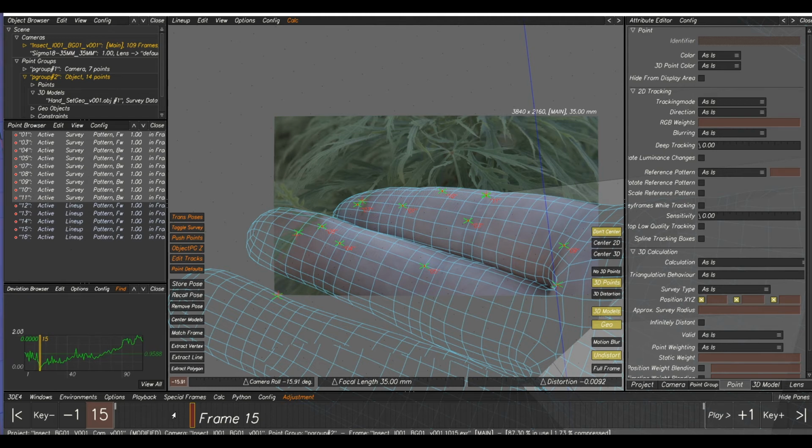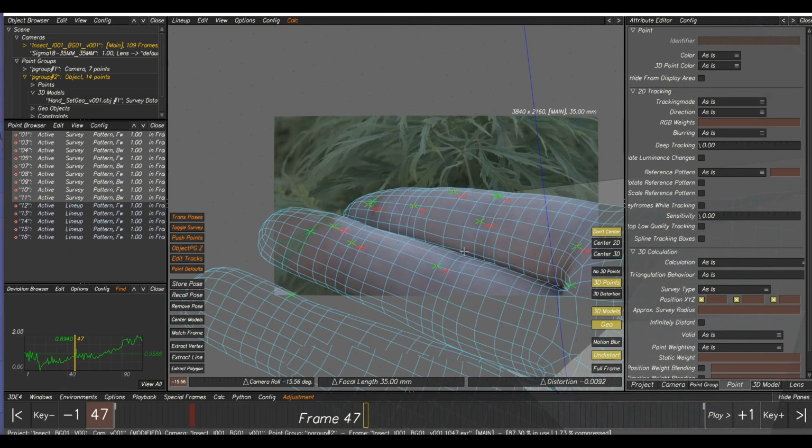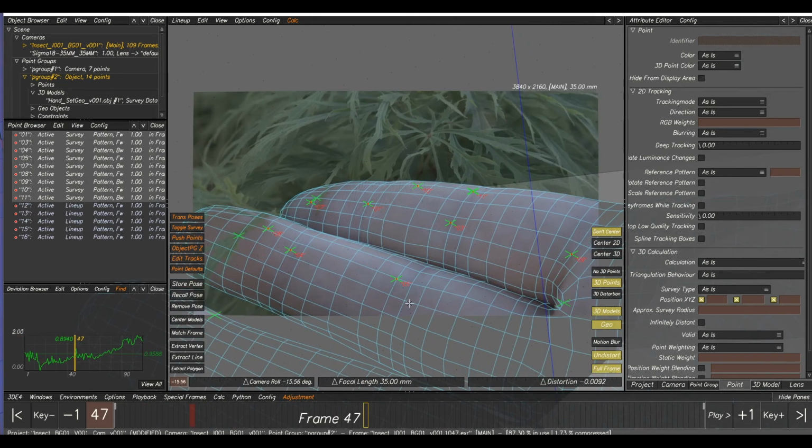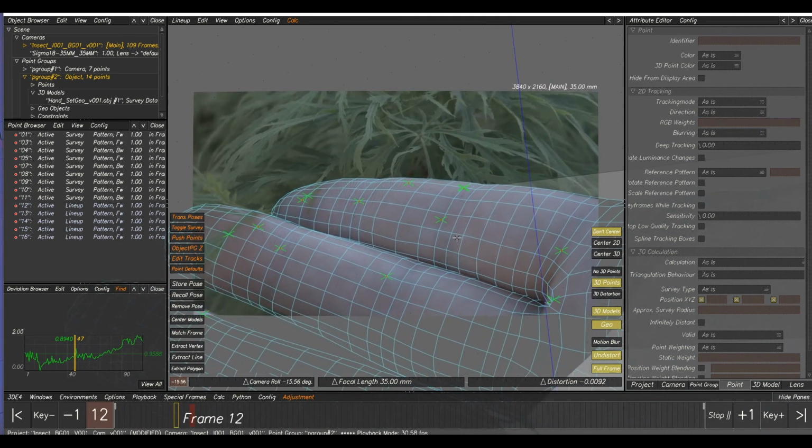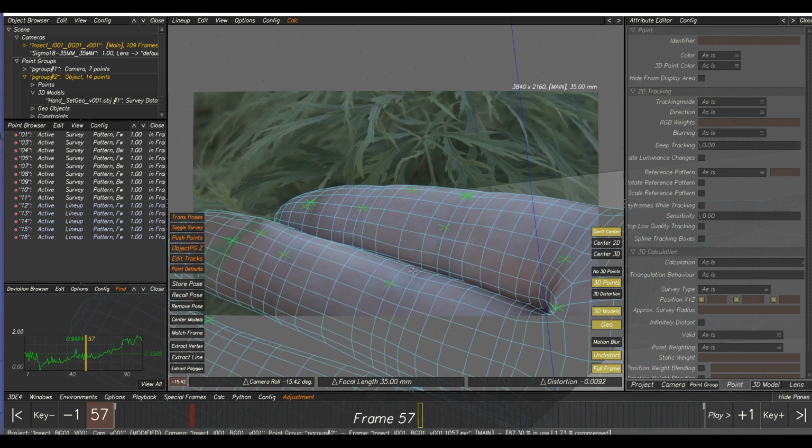It's not too bad, it's not great, but it's going to be a little bit different because we're doing an object track. So if we play through, we can see it's working really well. We can assume that probably some of these are projected in slightly different spaces. So if we show point deviation curves active,